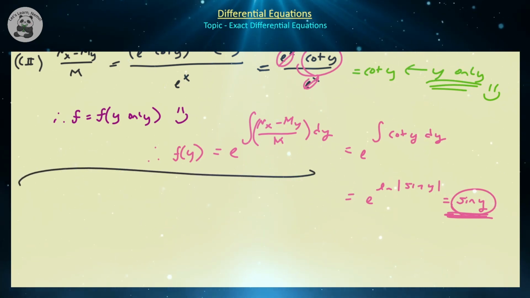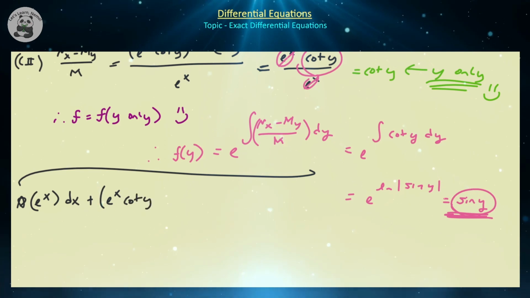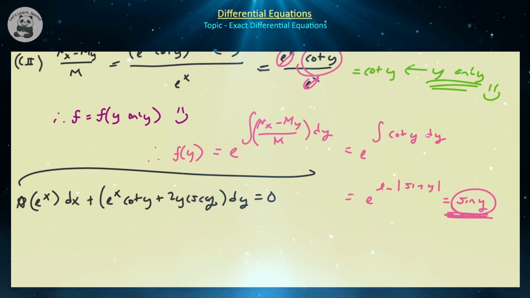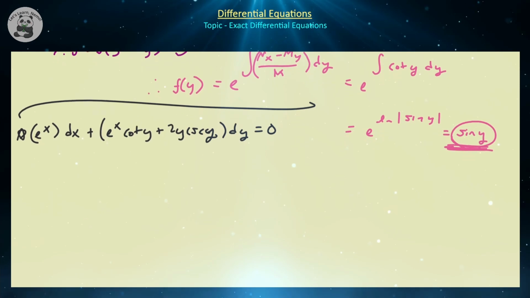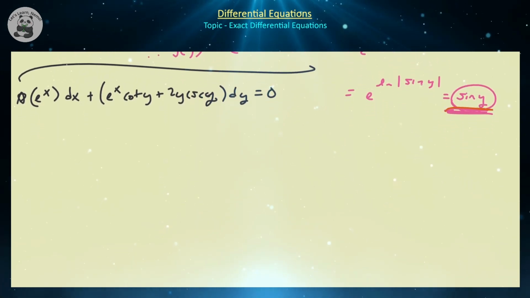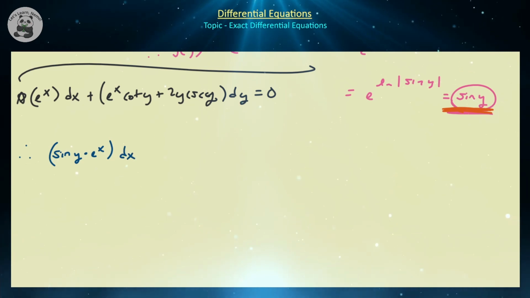So let's go back to our original differential equation, which was e to the x dx plus (e to the x cotangent y plus 2y cosecant of y) dy is equal to 0, and let's see if we can make this non-exact equation an exact equation. So our integrating factor is sine y, so we're just going to multiply both sides of this non-exact differential equation by sine y. Once we do so, we're going to have sine of y e to the x times dx